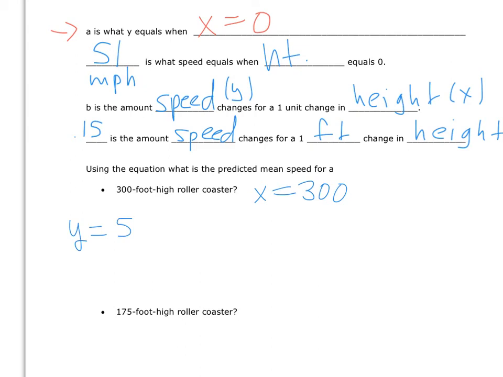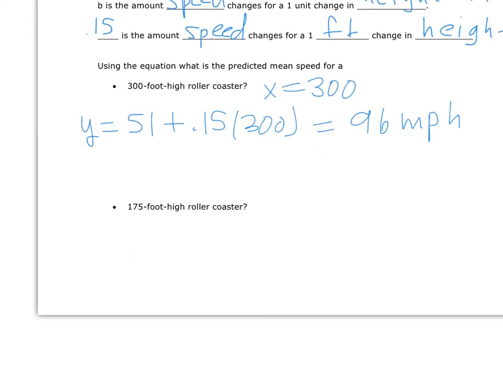So we get y equals 51 plus 0.15 times 300, which gives 96 miles per hour. If we choose a different value for height, y equals 51 plus 0.15 times 175,